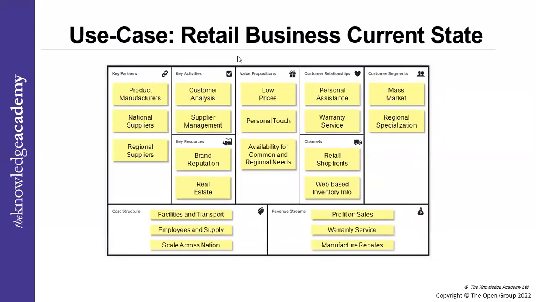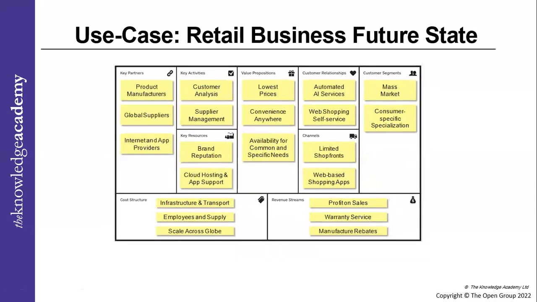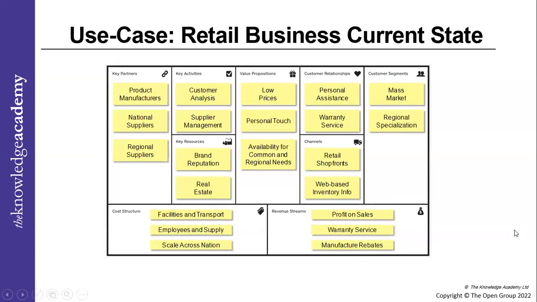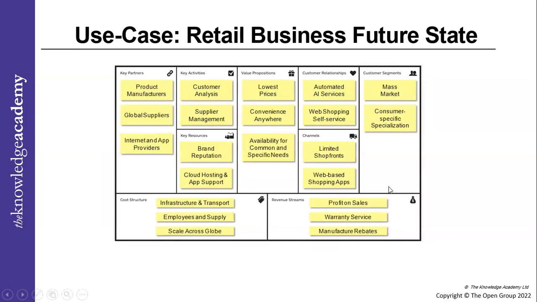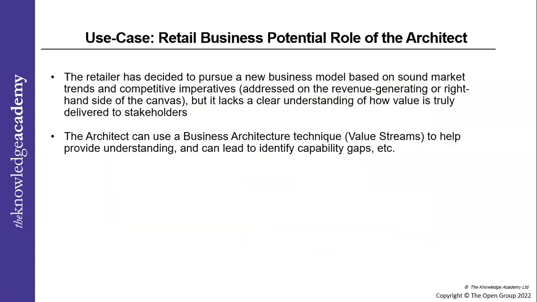Here we go. Low prices, personal touch, correct? It's all retail. Now, if you digitalize it, low prices, convenience anywhere. Got it? So what you look at here is this is a shop, a physical shop you're running. It has adopted digital. Correct? Fine with you. So it's a great potential. Everywhere it is getting digitalized. It should be happening.